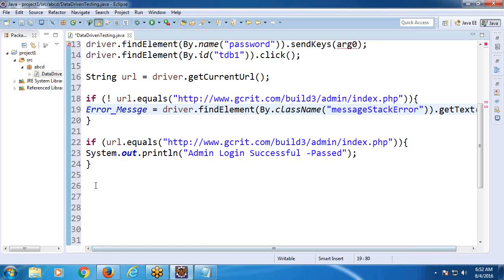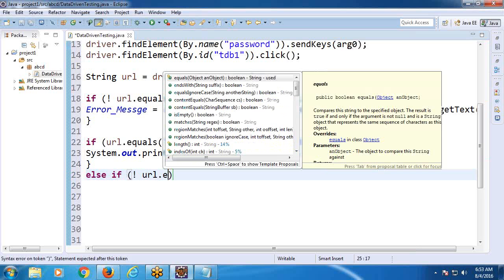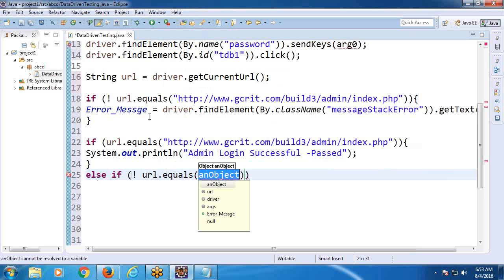Next, write one more verification point for negative scenario after the first verification. Else if, here write a compound condition. If not so and so URL and error message equal to something, then it is showing the correct error message. If not URL dot equals this one,